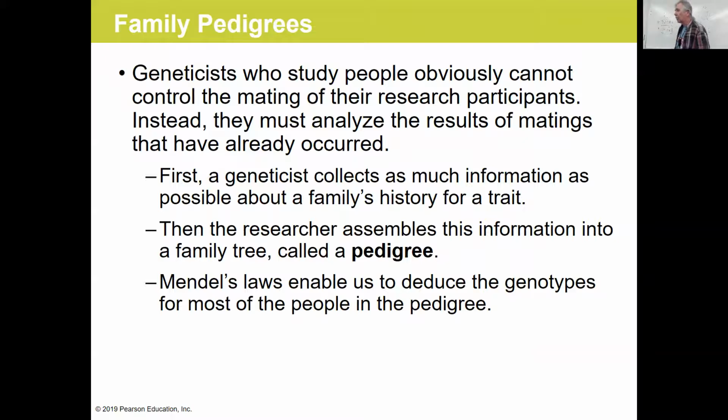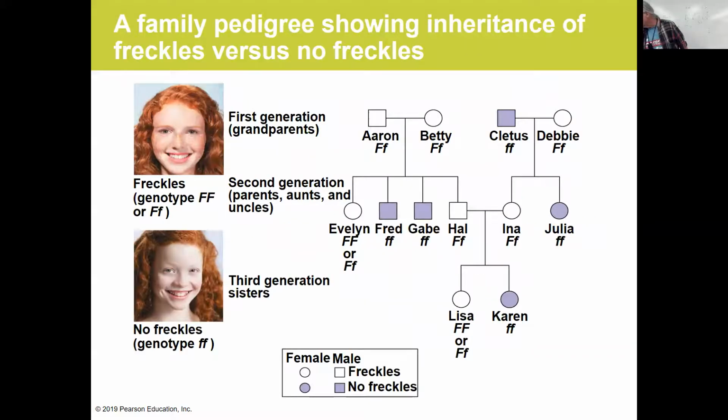Okay, so geneticists who study people obviously cannot control the mating of the research participants. Instead, they must analyze the results of matings that have already occurred. And this is a family's genetic history, a pedigree, a family tree. And so Mendel's laws enable us to deduce the genotypes of most of the people in the pedigree. Here's a pedigree for freckles versus no freckles. So freckles is dominant, no freckles is recessive. So